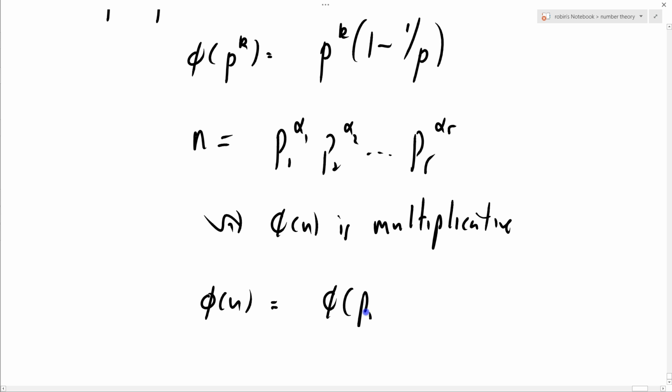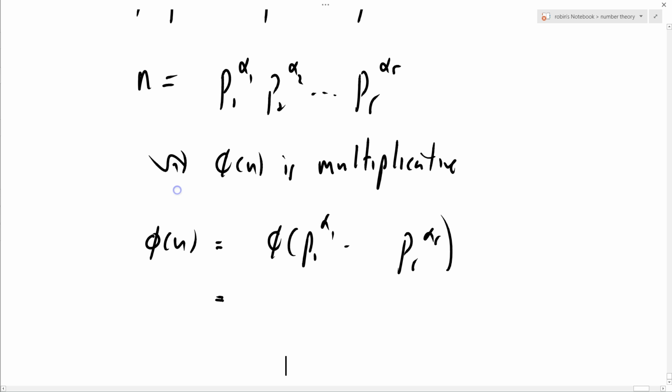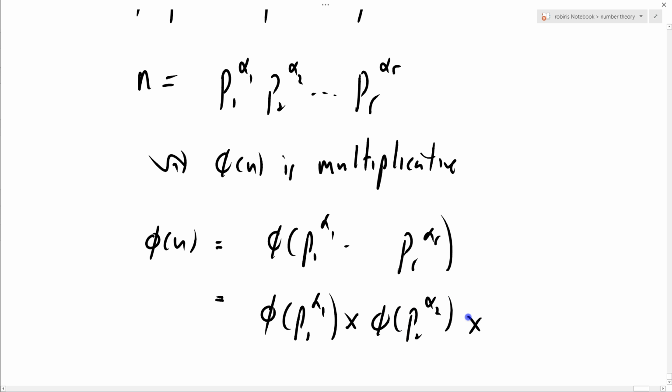Phi of n equals phi of p1 to the alpha 1 through pr to the alpha r, and because these are all distinct primes, all these factors are relatively prime to one another, so it's phi of p1 to the alpha 1 times phi of p2 to the alpha 2 times all the way through to phi of p subscript r